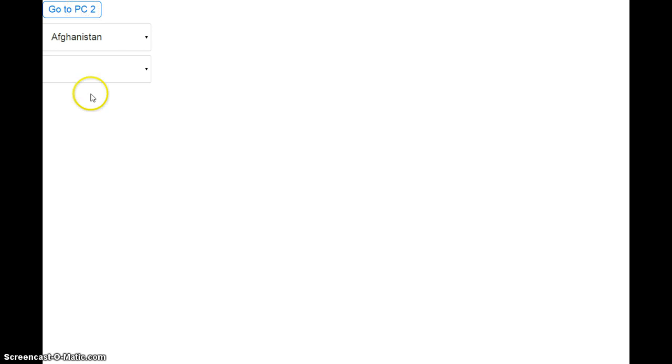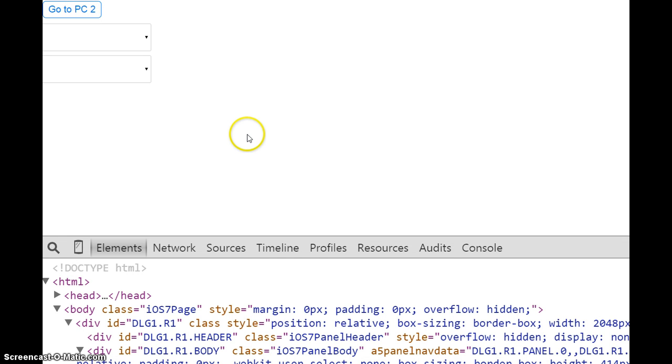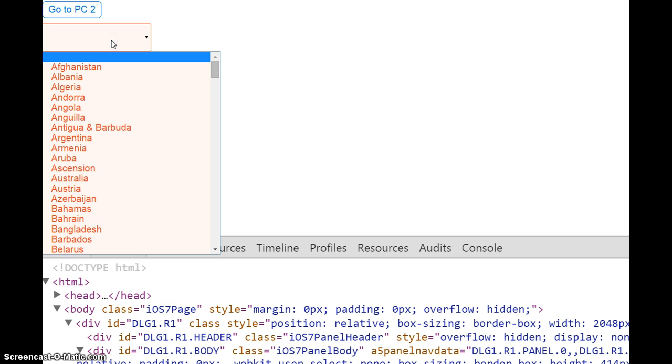As a matter of fact, let's go ahead and do that. So now we've made a quick change to our code, and the onChange event here in drop down number 1. And so let's run this again. We're going to try to go to panel card number 2. We can't. We see we've got an error. At least one selection needs to be made. So we're going to go ahead and